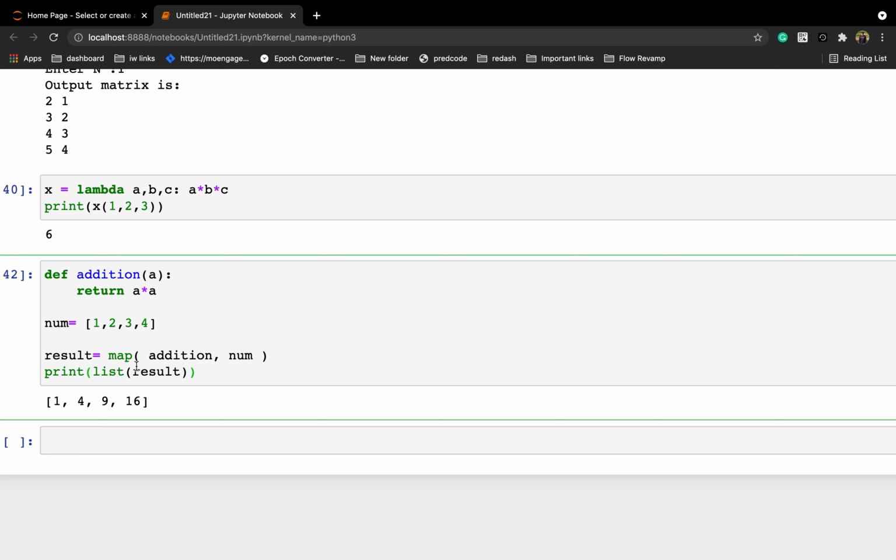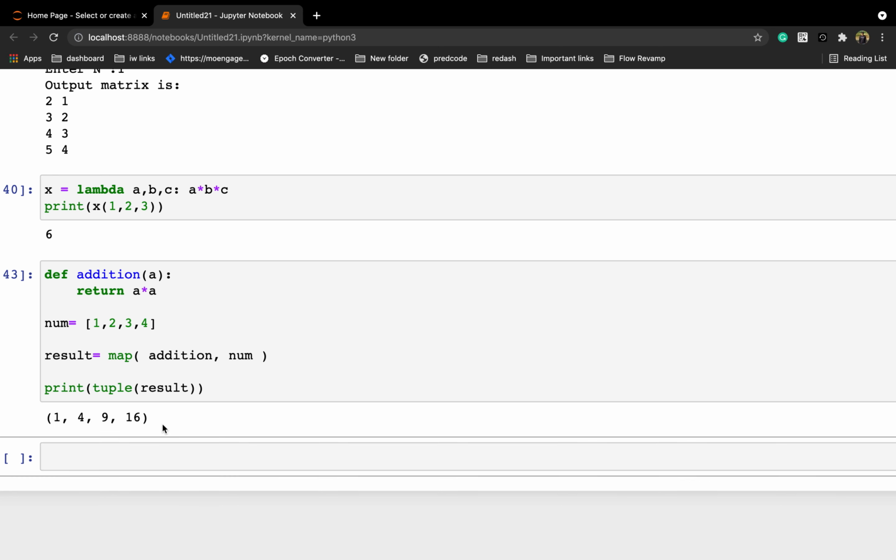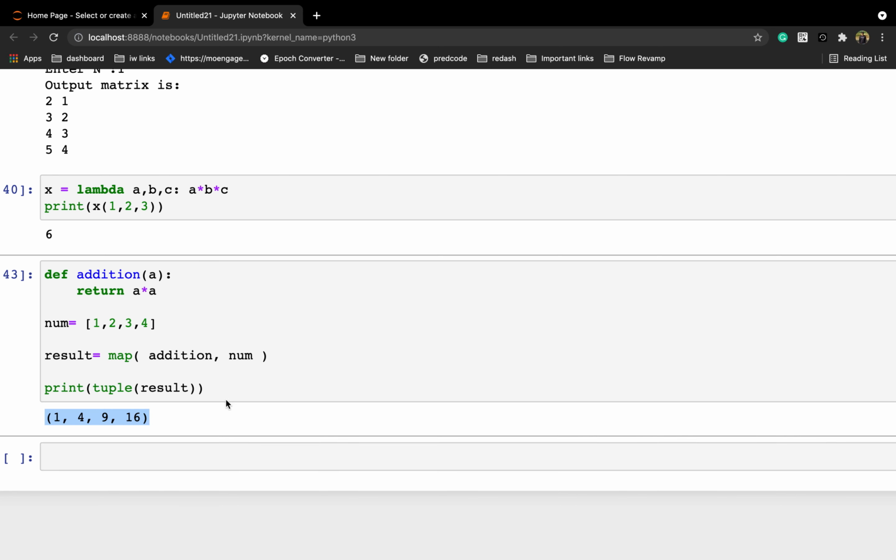So basically this will return an object which is iterable, right? The map function returns an object which is iterable, the result after applying the given function to each element of a given iterable. We can cast it as per our own use cases. Let's say if you want to cast it to a tuple, the result will be in a tuple, right? So this is all about